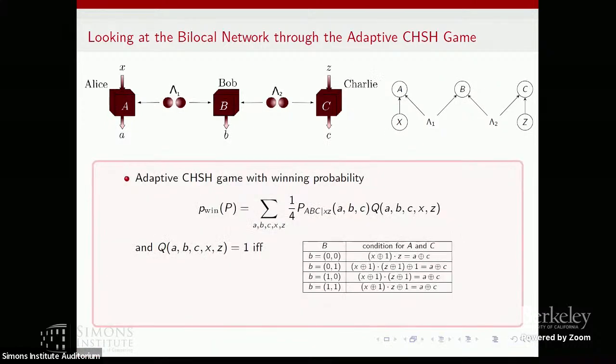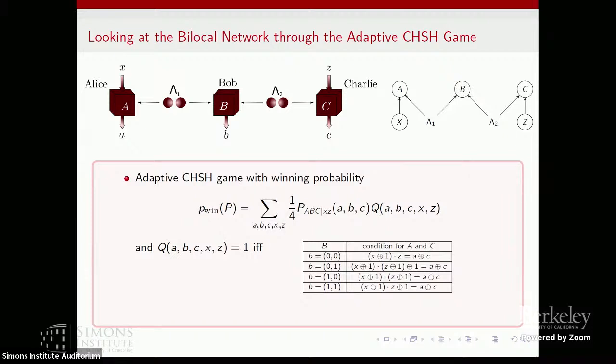Now, we can use this idea also in the quantum case. In the quantum case, it's a bit more complicated. When they win the CHSH game optimally, they share maximally entangled states. But there is a way for Bob to measure maximally entangled states so that, conditioned on his outcome, Alice and Charlie will share a maximally entangled state. And so there is a similar reasoning to the classical one I just introduced, where you can say, if Bob is allowed to choose which of a selection of similar games they are allowed to win, they can retain the quantum probability from the CHSH game. And this is what this expresses.